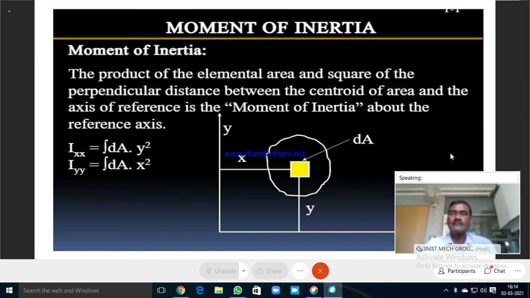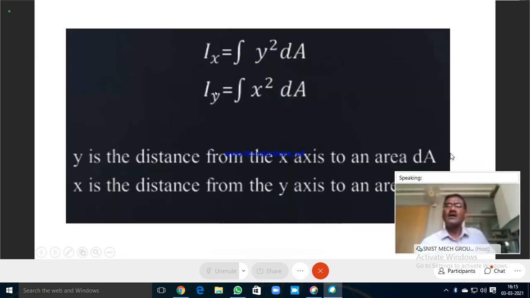Completed? Please communicate through the chat box. The moment you complete it, please convey a message. Yes, I'm proceeding to the next slide. So this next slide you need not note down. I have just shown Ix with a single subscript. This is also correct, just to show the difference in notation so you can understand.